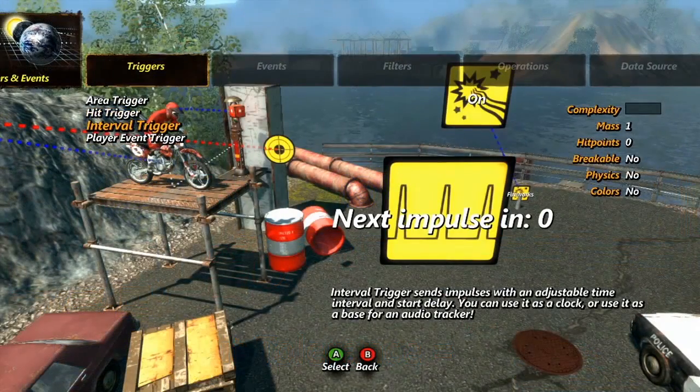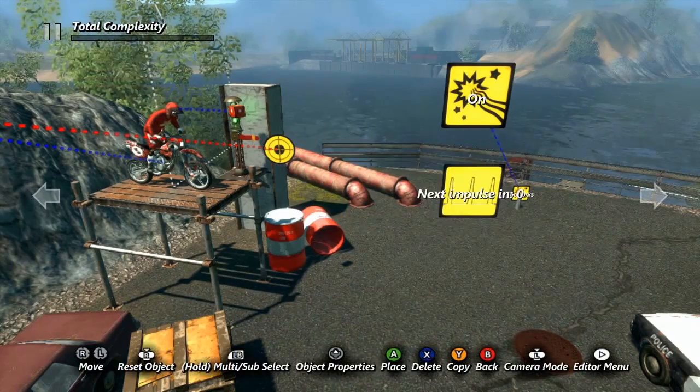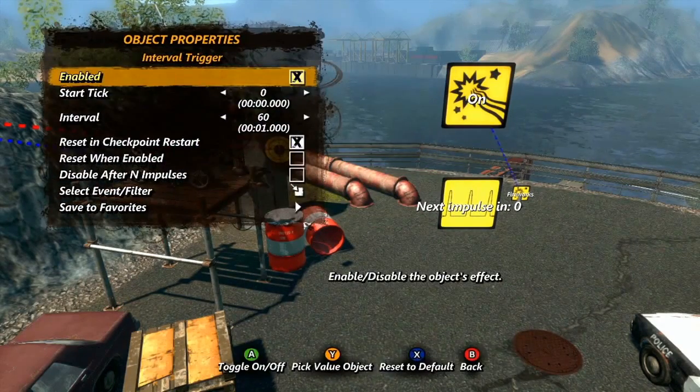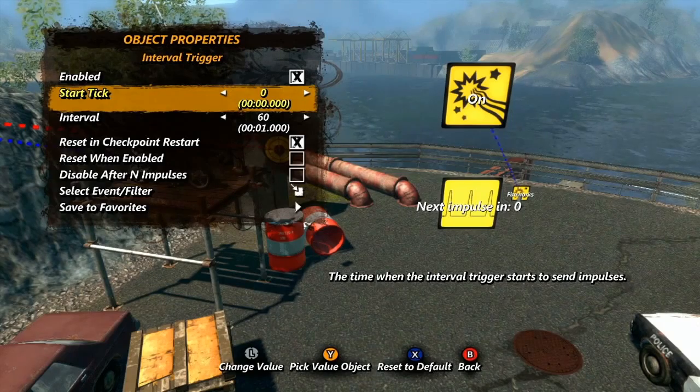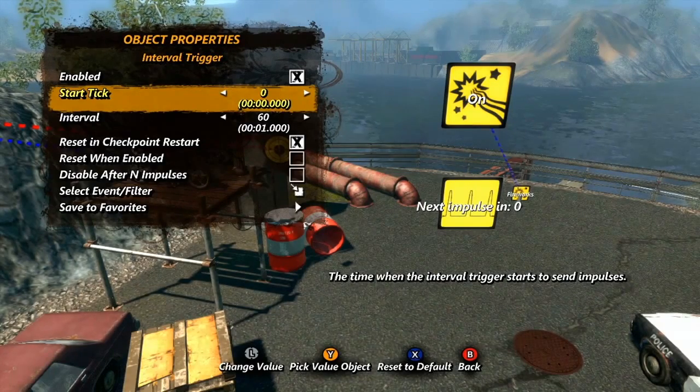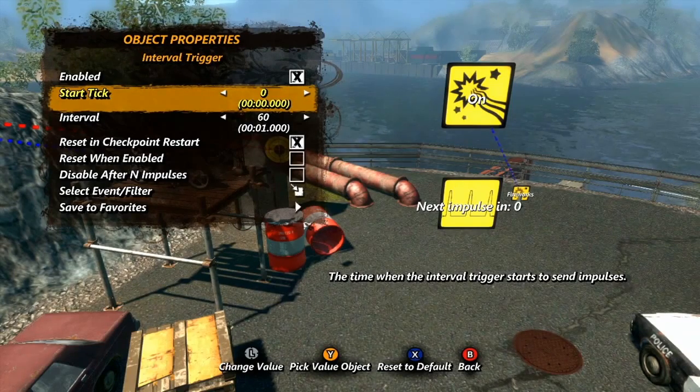Our next trigger is the interval trigger. Instead of using objects in the world, the interval trigger is based on time. Properties menu, here we come. Start tick is based on the game clock and determines when the trigger will send its first impulse. By default, it's set to 0, so the trigger will immediately send an impulse as soon as the game clock